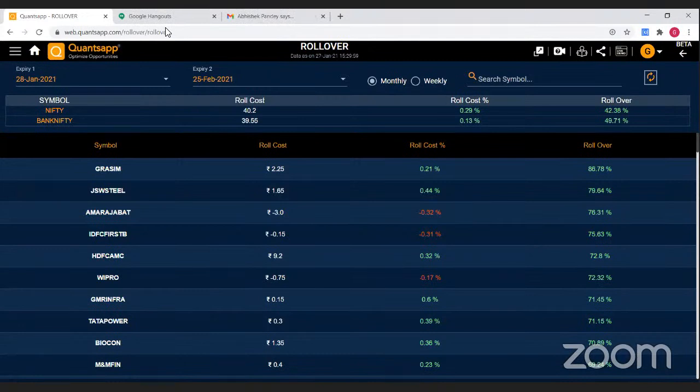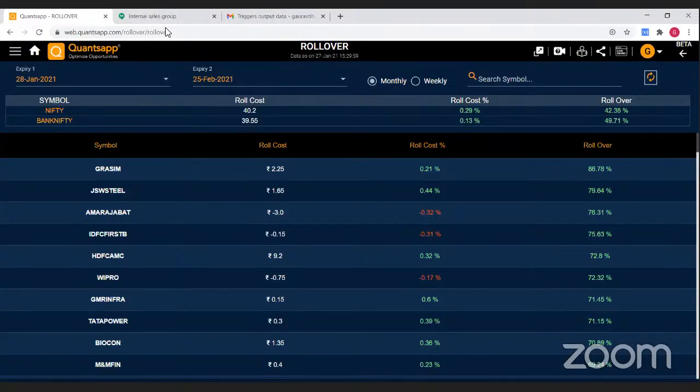ओके, and फिर उसको मैंने नेक्स्ट एक्सपायरी के लिए रोल ओवर कर दिया. So be the same way in the futures contract. So suppose you have a future contract and you are holding a future contract, तो आप क्या करेंगे, फ्यूचर कॉन्ट्रैक्ट को नेक्स्ट मंथ के लिए रोल ओवर कर देंगे. So you don't have to again do all the buying and selling, I just have